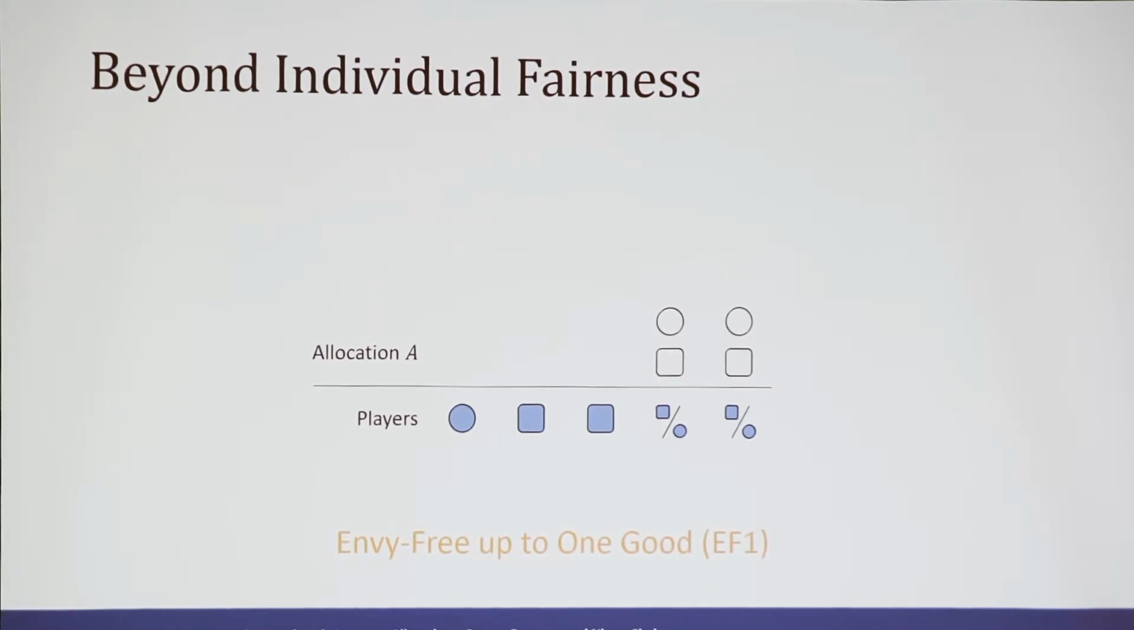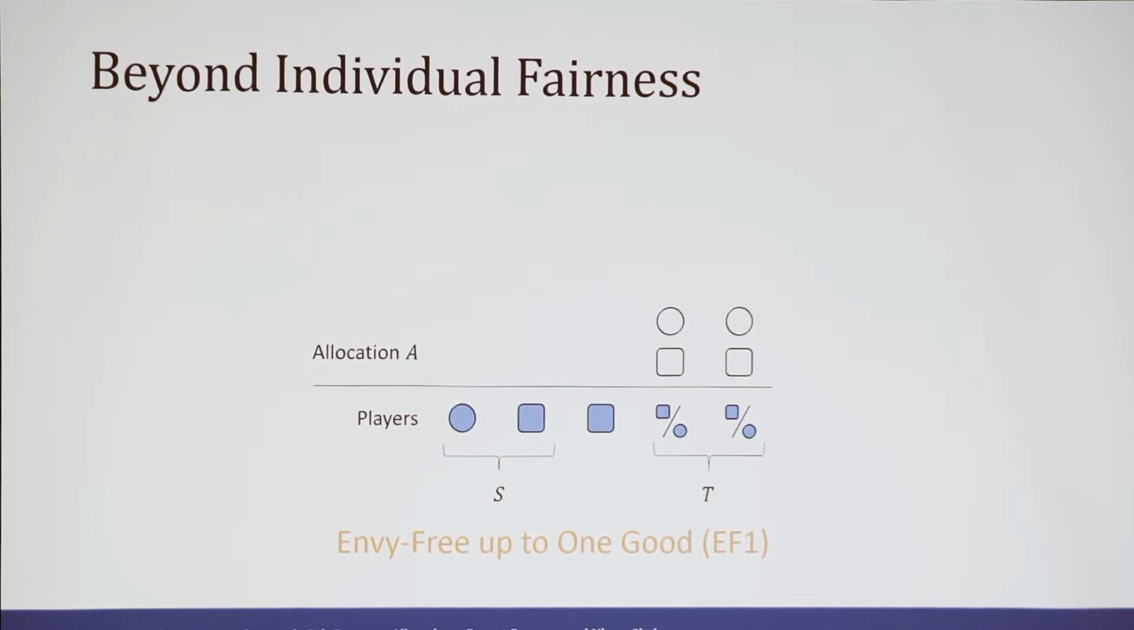It's envy free up to 1 good. Like this, one of the square agents, they may envy these flexible agents, but only up to the removal of that 1 square good, because they don't care about the circle. So it is EF1. However, it seems to still be kind of unfair,